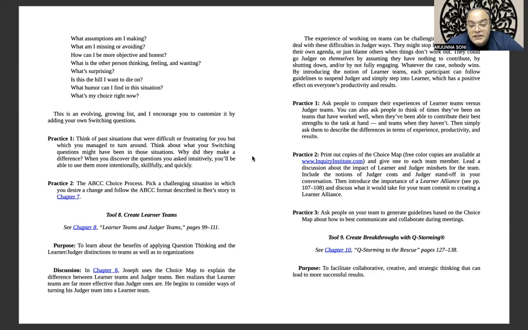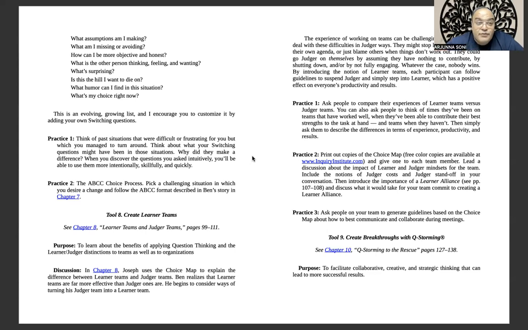And practice number 3: ask people on your team to generate guidelines based on the choice map about how to best communicate and collaborate during meetings. So if you can get your team to make the agenda of any meeting in a question format without being a judger, so learner questions.